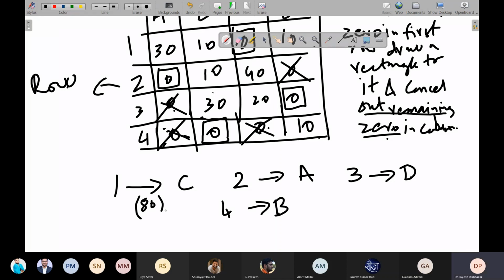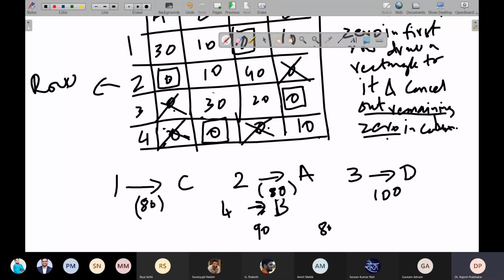2 to A is 80, sorry, not 120. 3 to D is 100 and 4 to B is 90.